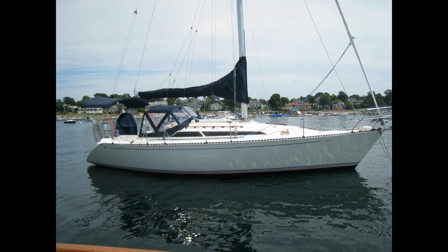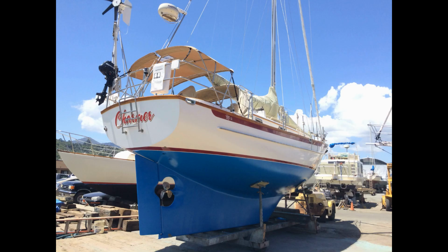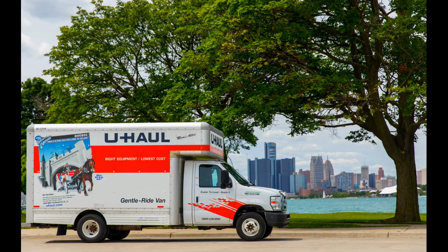At 40 grand, you really have to make a decision. And the way I see it, it's going to go one of three ways. You either want to stick with the racer cruiser because it's sort of the best of all worlds, while kind of being the master at none, or you want to go down the road of a full-on cruising boat with a full keel and lots of space, things that go upwind like a U-Haul truck. Or, and this will be the biggest divide, at 40 grand we start to see the first appearance of the